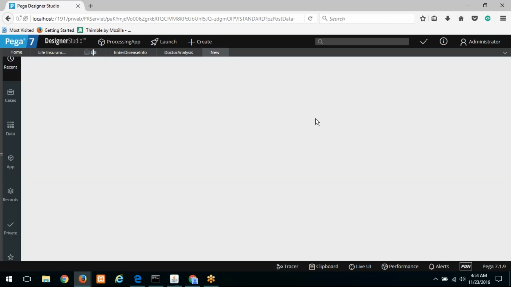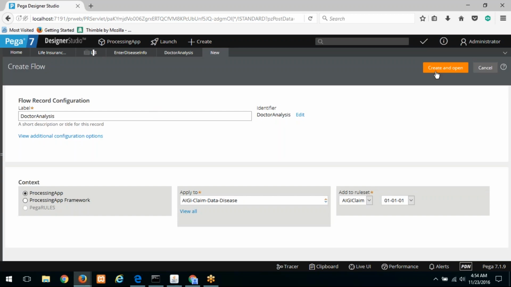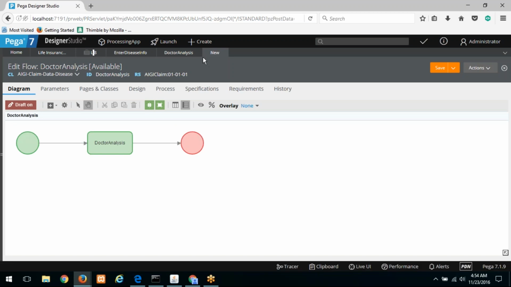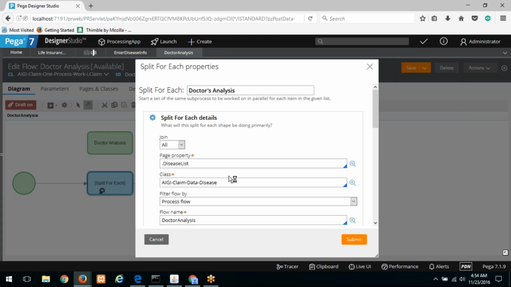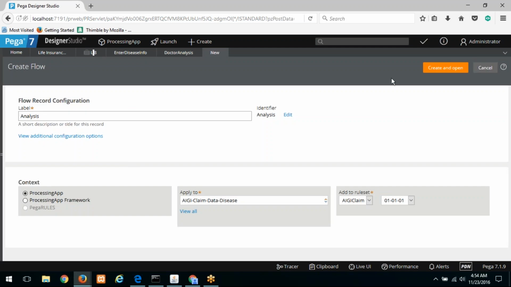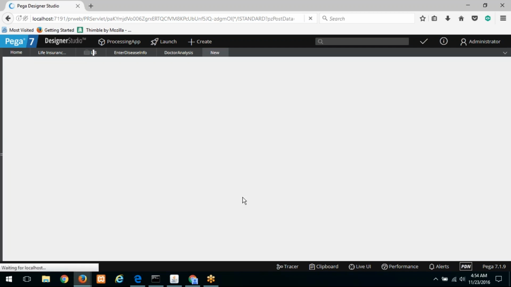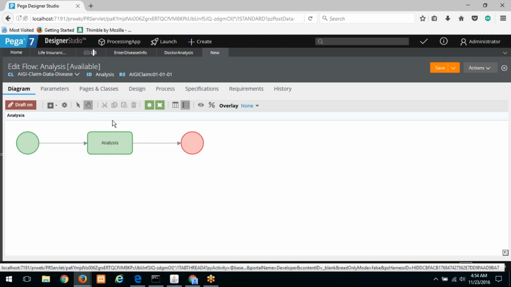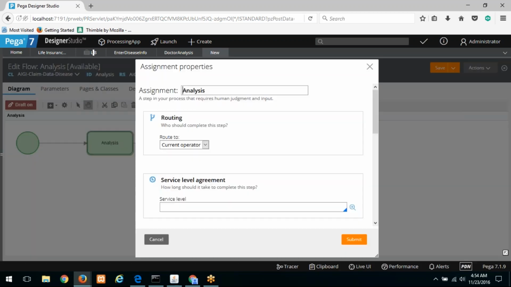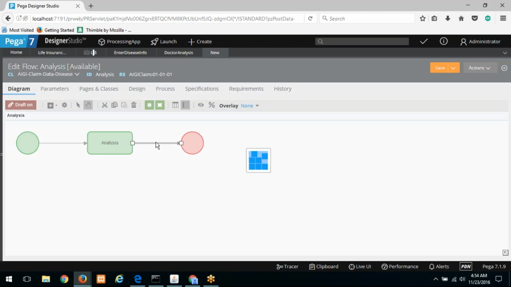Okay, so this is now at the data-disease level. Maybe we should give the same name. We can just say analysis, not doctor analysis. We just treat the flow call as analysis at the data level. Now this flow, keep in mind that this is at the AI claim data, on the data layer. We are now trying to incorporate some business logic there. Okay, so here we can just say route to, as of now we'll just put route to the current operator,